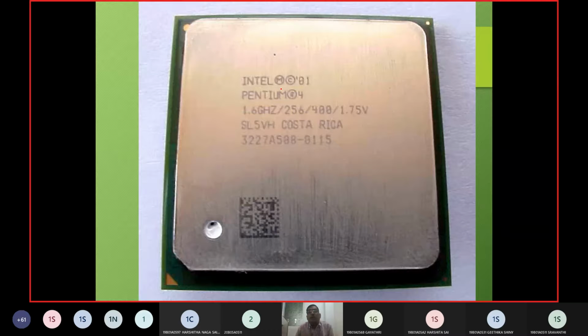Now you can see it was written as Intel Pentium 4, and it is working at 1.6 gigahertz speed. You can see the barcode, the QR code, etc. So the CPU the PPT was addressing was the Pentium 4.